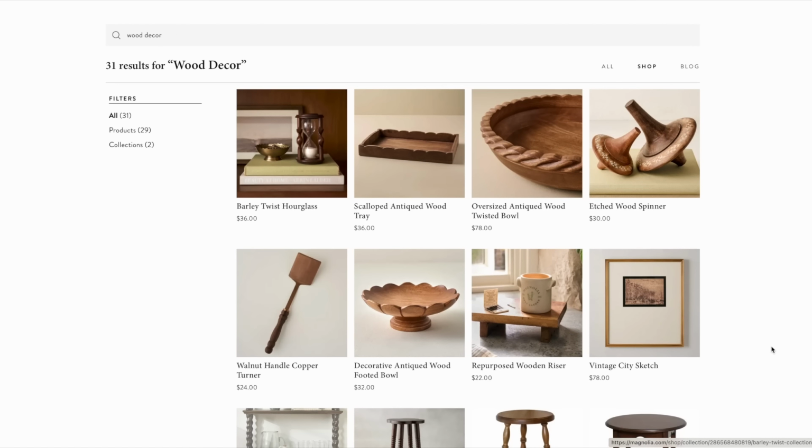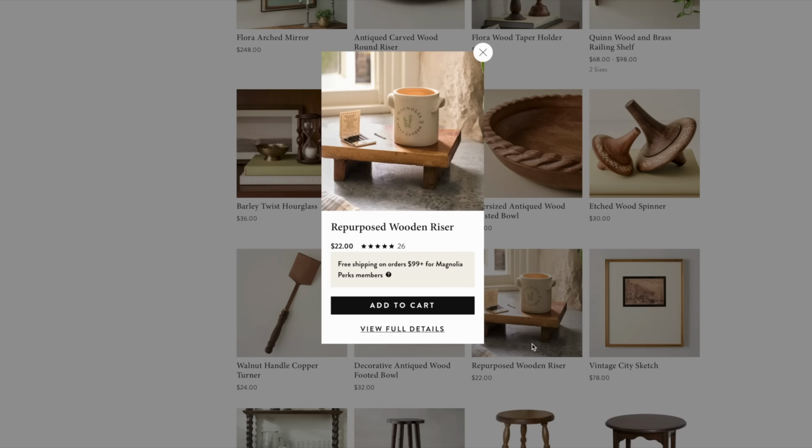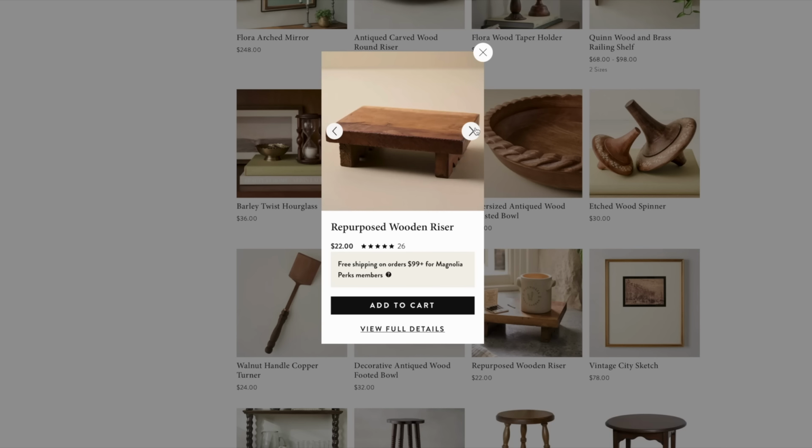Last but not least, we can't talk about Magnolia and Hearth and Hand and not talk about all of the really beautiful, really detailed wooden decor. When you're out thrifting, you want to look for pieces that have an aged, vintage, primitive look to them or have a little bit of extra detail to them. An example is, of course, these wood risers that I found from the Goodwill outlet that have a more rustic